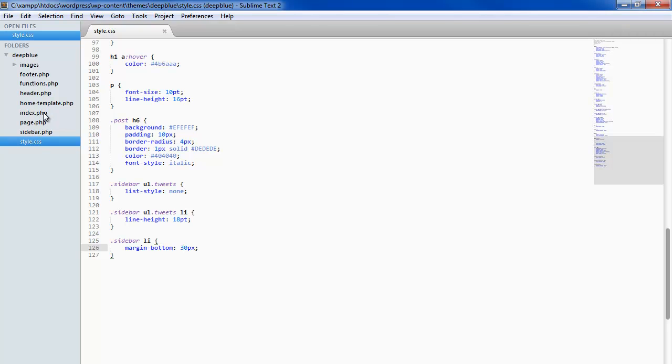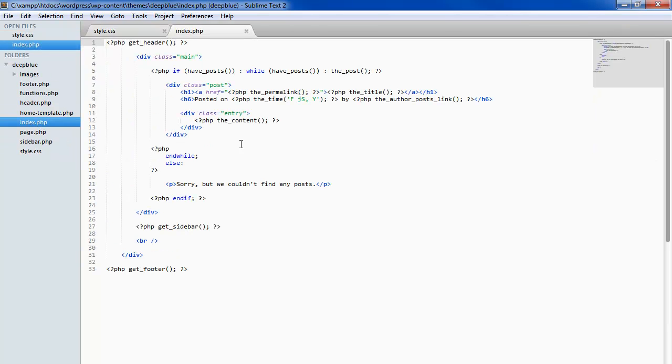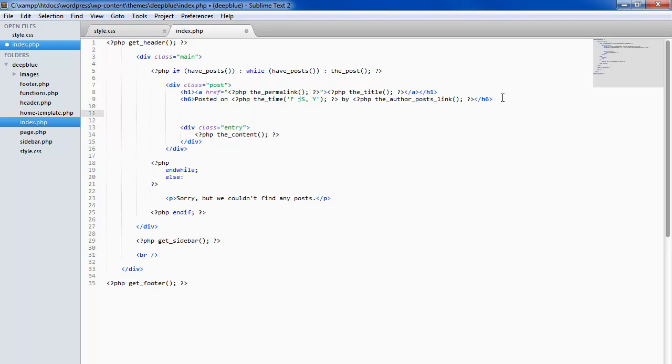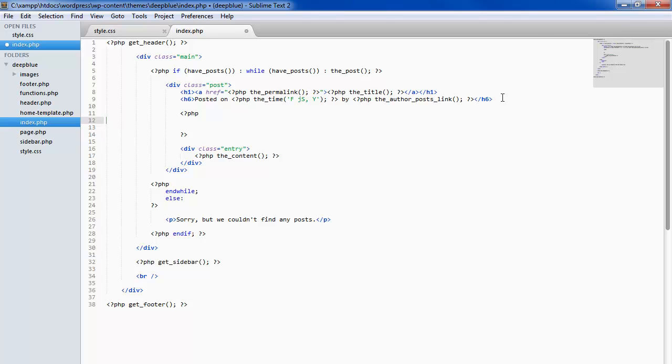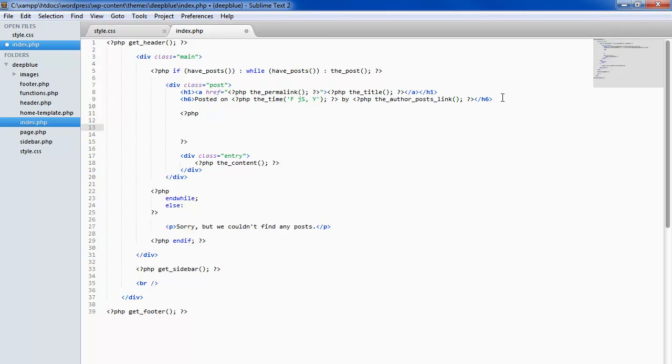So what we're going to do is go into our index.php file, where we actually have our loop. Under where we have assigned the time and the date of the post, and under where we have the heading of the post, and above where we have the actual content of the post, we're just going to put the following code. Open our PHP brackets, and in here we're just going to say if has post thumbnail,